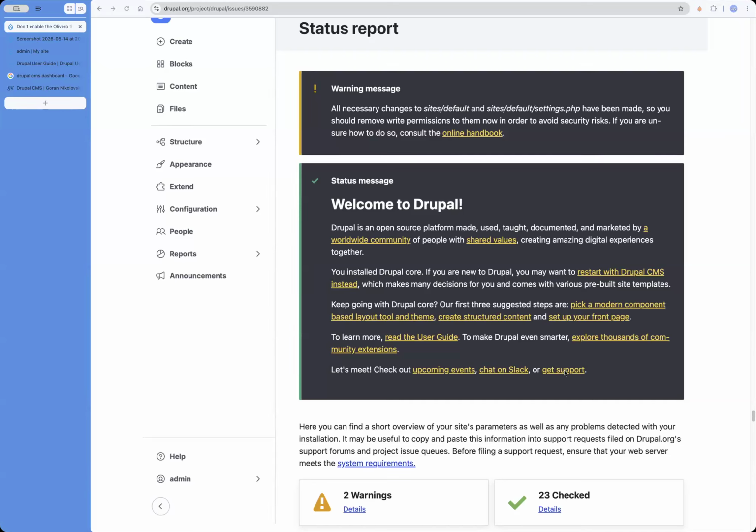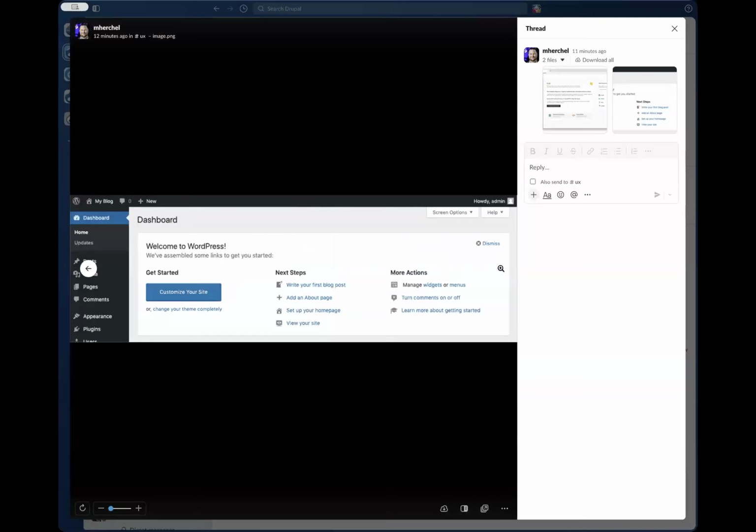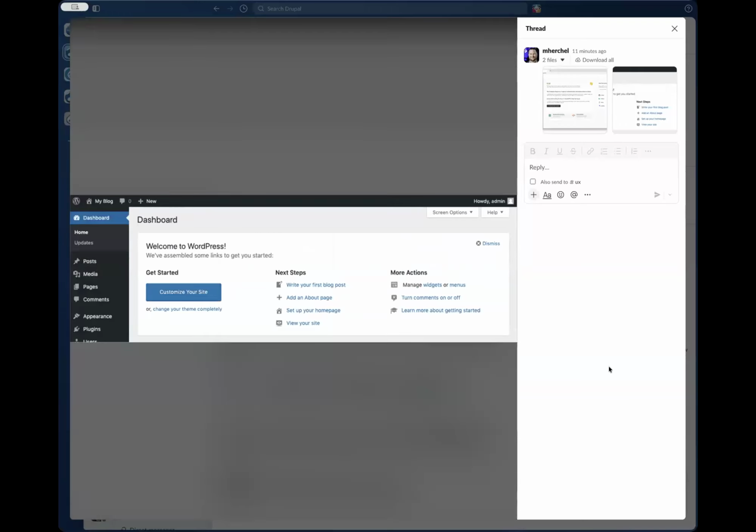I wonder, would it make sense? Because if you just have, for example, those steps, write your first blog post, in a Drupal context, it would be install your component-based theme, create structured content. And would it make sense, instead of pointing to in-depth guides, in the first step, to provide a brief 1 or 2 sentence